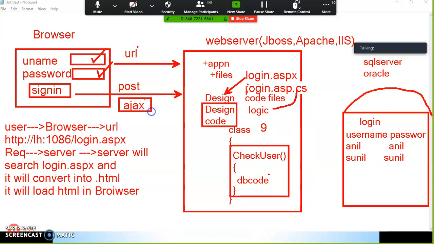So Ajax will submit the request to the server. When there is browser to server communication, then only Ajax will come. In the server, one method is there. In that method, we will write the database related code. This logic will communicate with the database and check whether the login user is valid or not. If the login user is valid, it will send the result back to the server, and the server will send the result back to the browser. So what is the beauty of Ajax? Ajax will submit the request to the server without page refreshment.